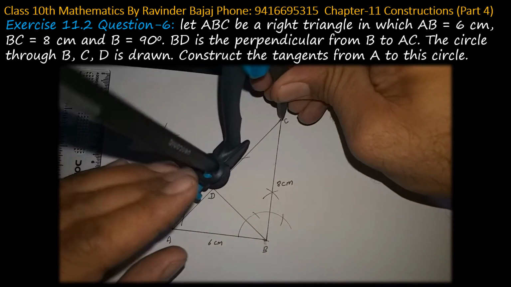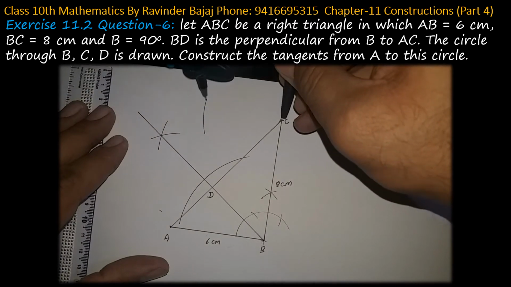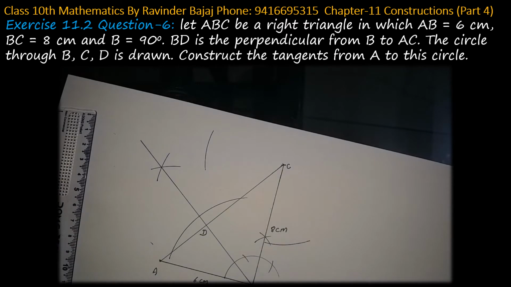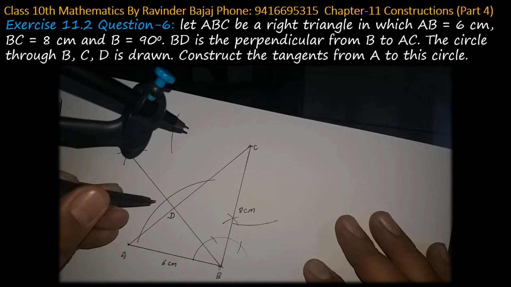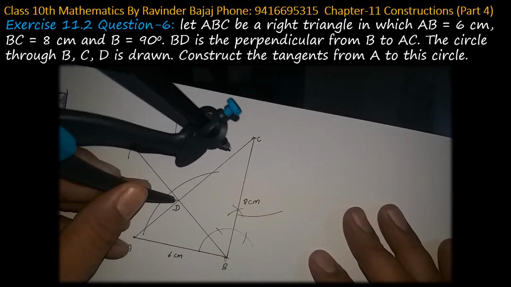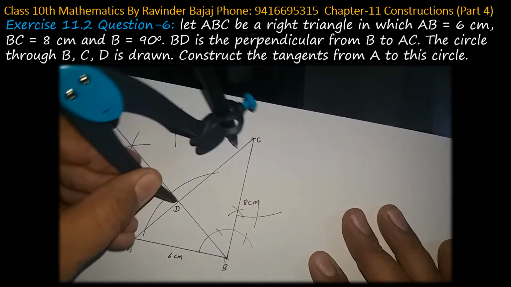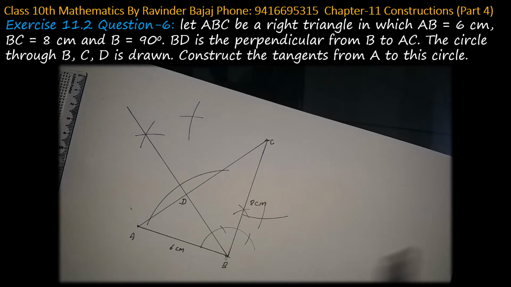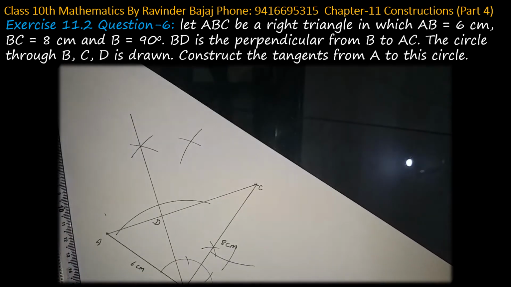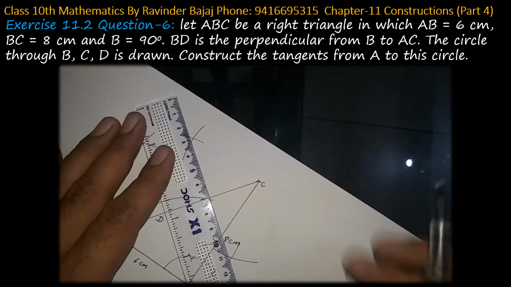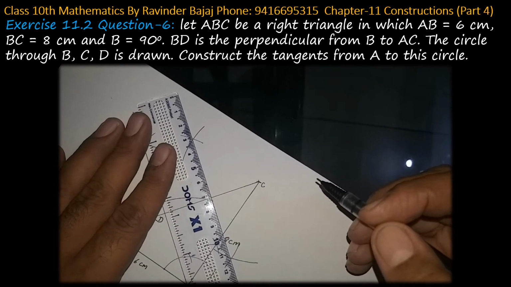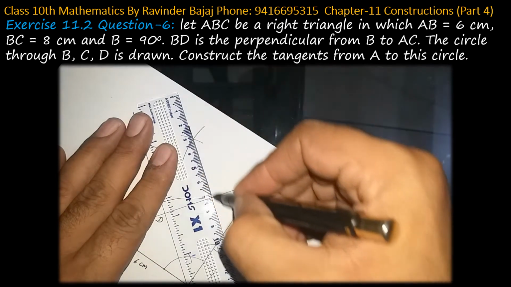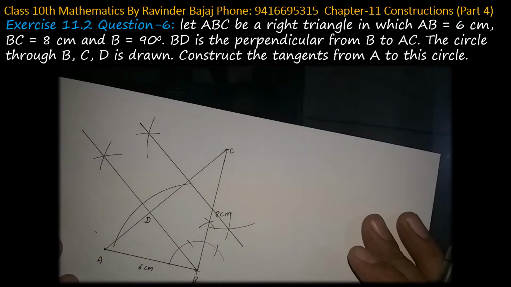Open more than half for the perpendicular bisector and do two demarcations. And without changing your compass, keep it at D and cut those two marks. So here it is one and this is second. Now draw this and you will get a perpendicular bisector. Now this perpendicular bisector is required to find the center of the circle which will pass through BCD.